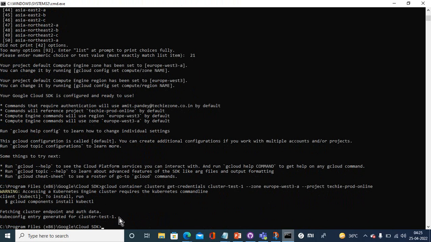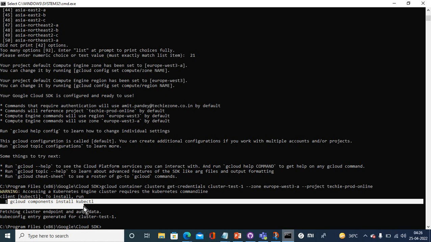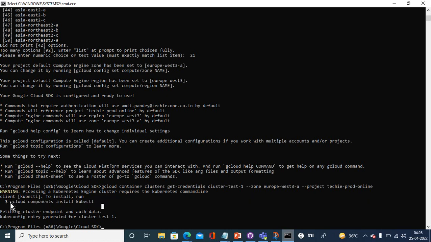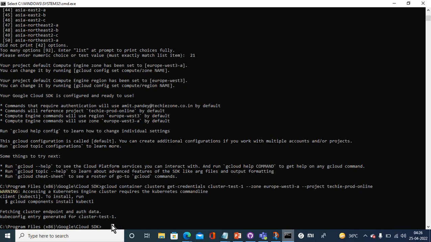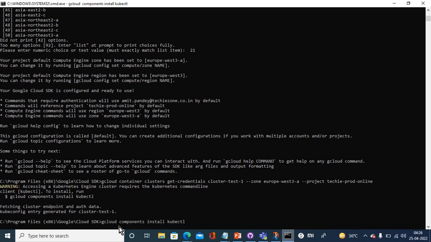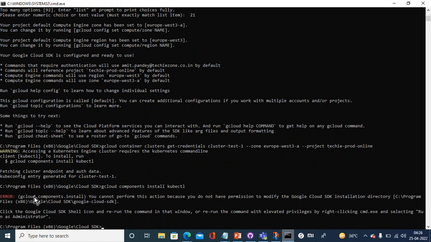gcloud components install kubectl, and the warning says this is the command to install the cluster client. Okay, I'm copying this command, copy and paste it here. It will install the kubectl. So once the kubectl is installed,